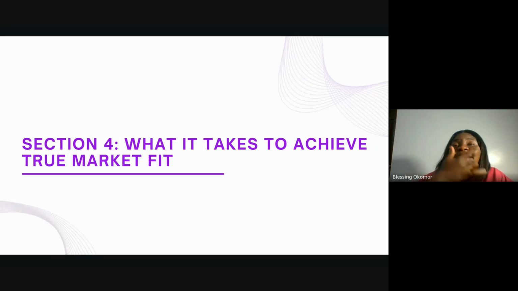So product market fit is you ensuring that what you are building, first, you build it right. At the end of the day, your users love it. They don't just stop at loving it, they are using it. Let's say we launch OPay after building it.